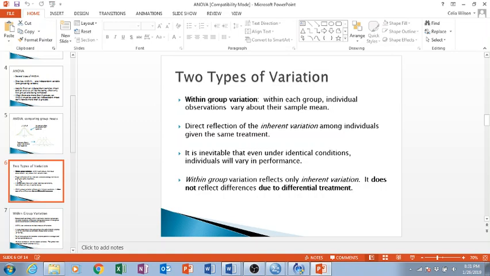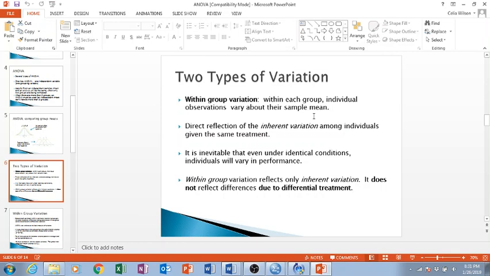Well, within each treatment group and the control group or comparison group, people, even within the same group, are going to have different levels of self-efficacy, right? So that is just a reflection of inherent variation among individuals, even within the same group or given the same treatment, right? Even if we give 2 people the exact same treatment, they're not going to respond identically to it,